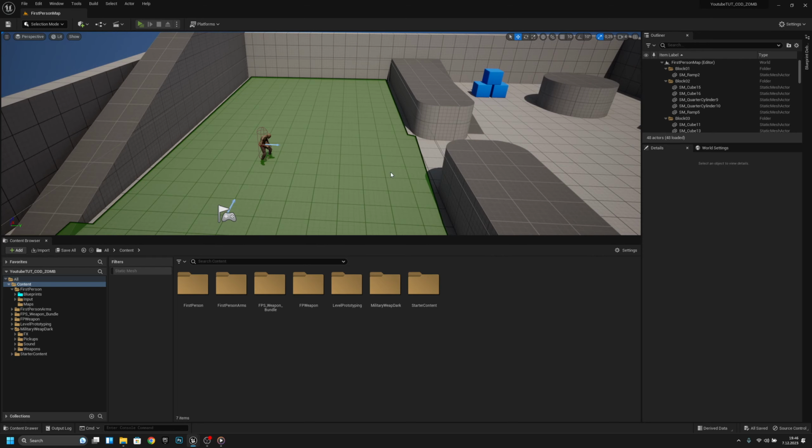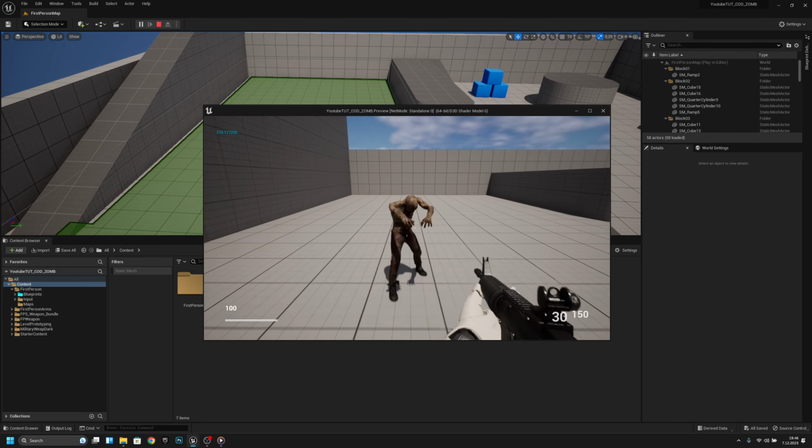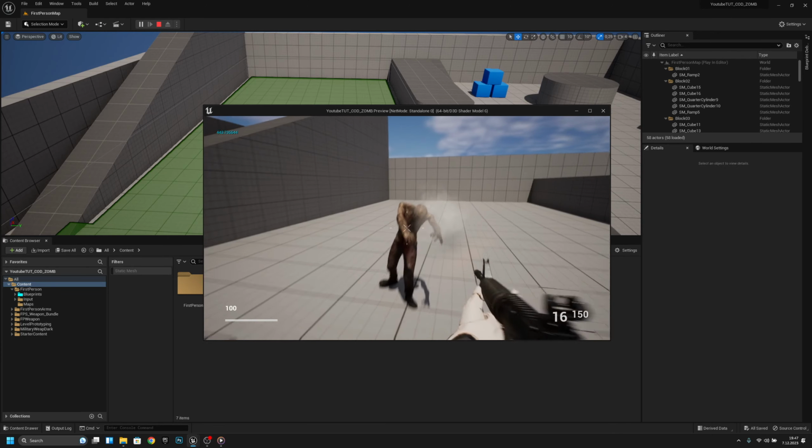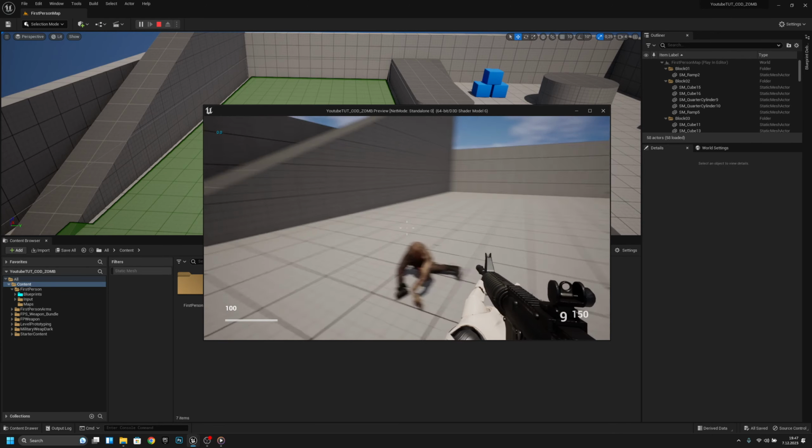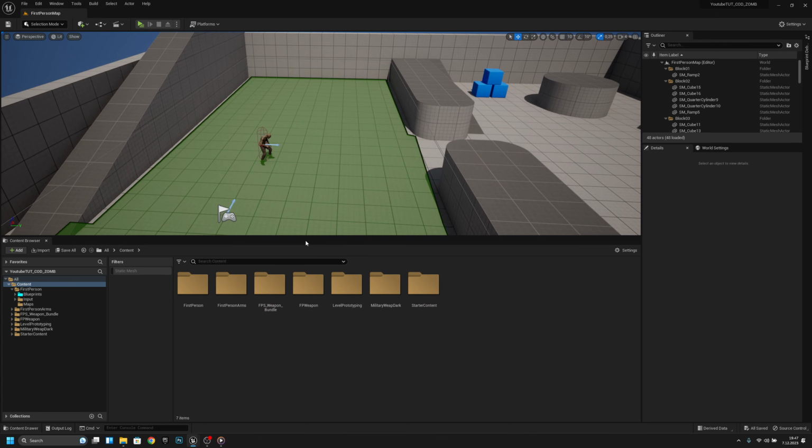Okay, so what I mean by blood effects is now when we're shooting, any like blood or anything like that. And I checked the marketplace, it doesn't actually have any free packs that has any blood like stuff. So I think if you have your own, you can of course use those. But I think we can make our own with the military weapon pack that we have added before, because here